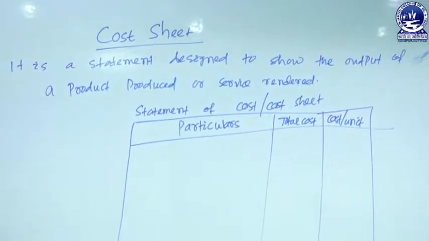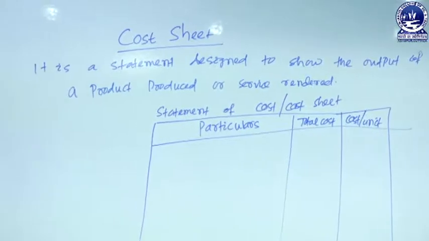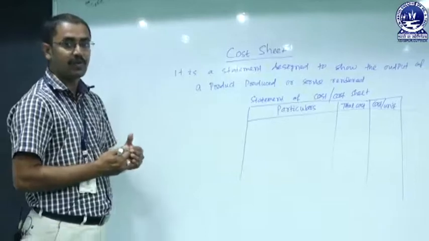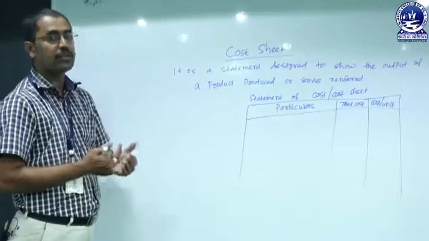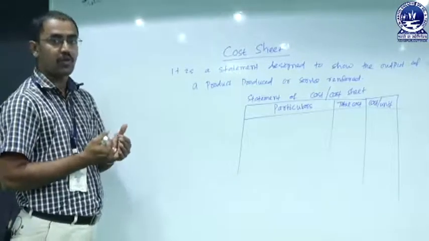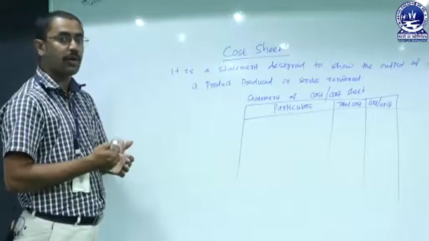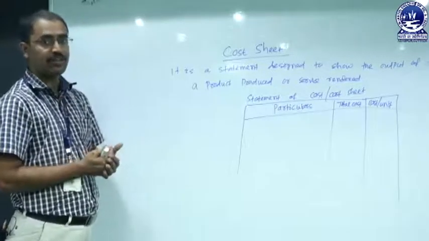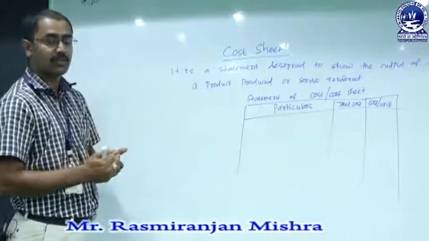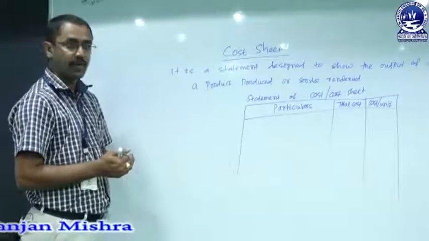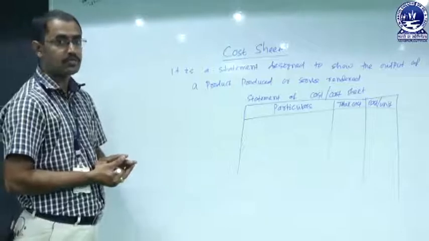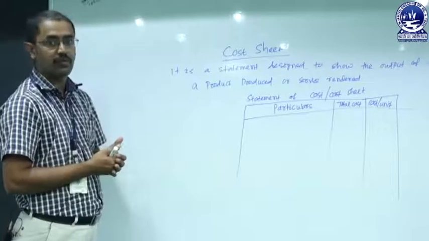Generally a cost sheet is a statement prepared taking into consideration the various items of cost, the segregation of cost, and it is designed in such a way that we can find out the total cost incurred for producing a product or providing a service. We can also ascertain the cost per unit that is produced or the cost per unit of a service rendered by the organization. When the total cost is divided by the number of units produced, we can find out the cost per unit of a product.